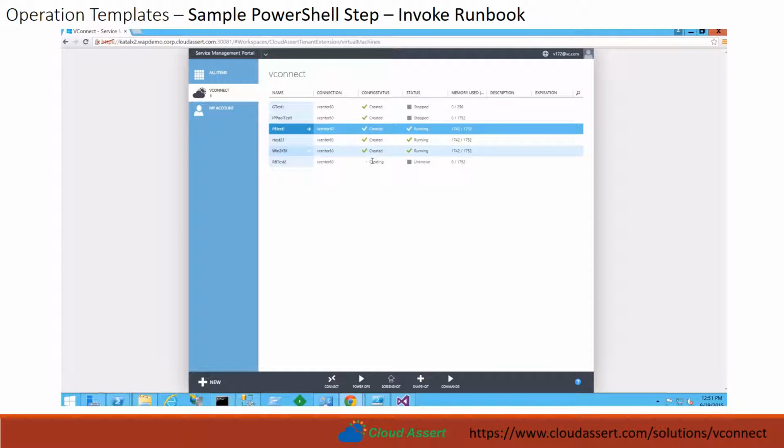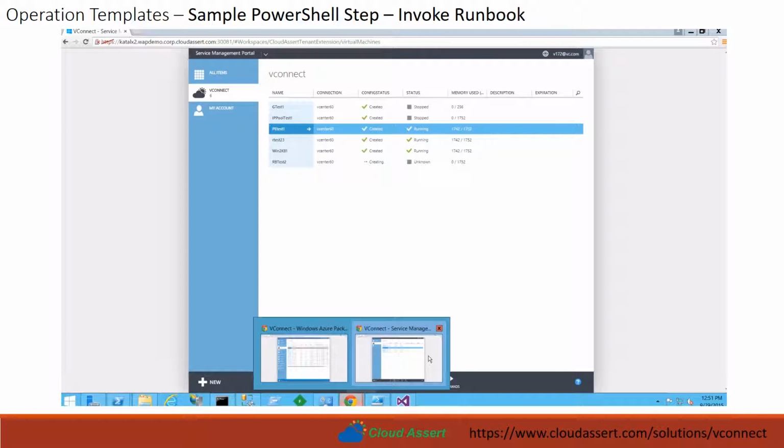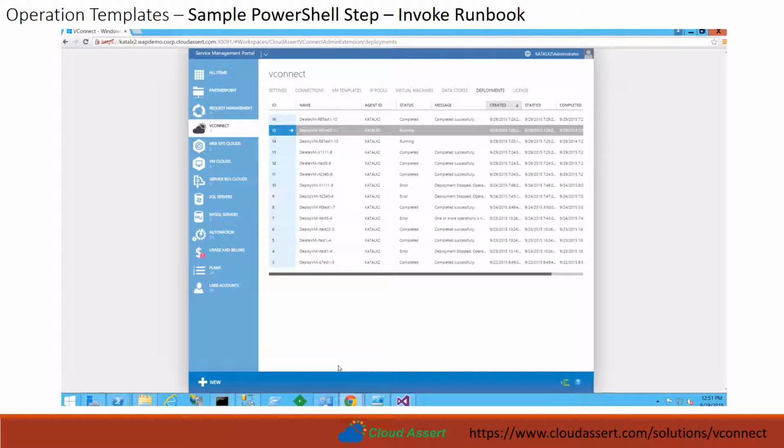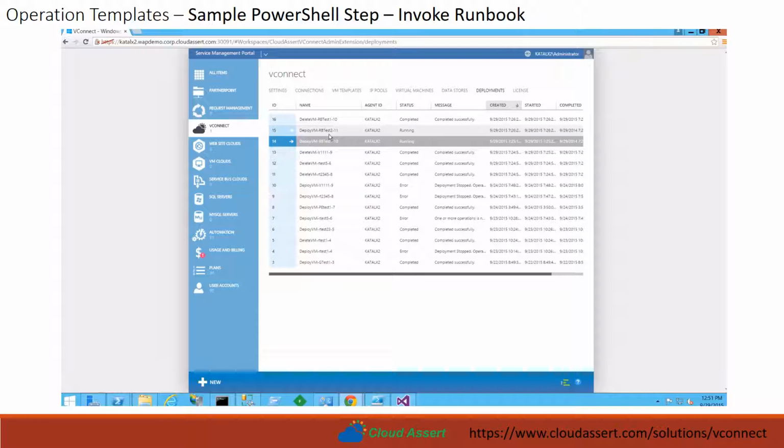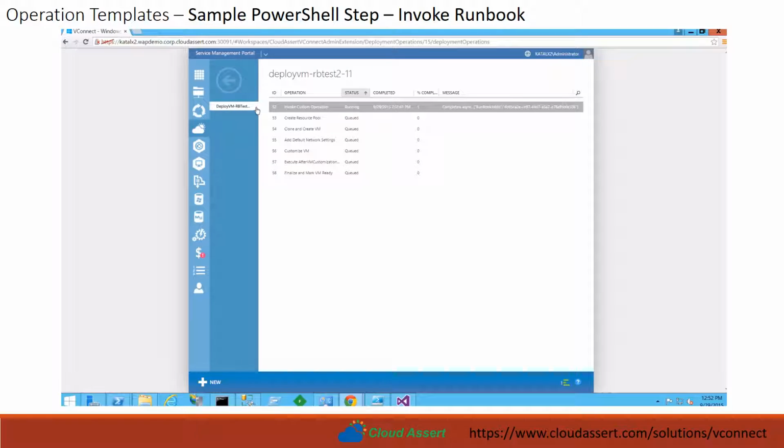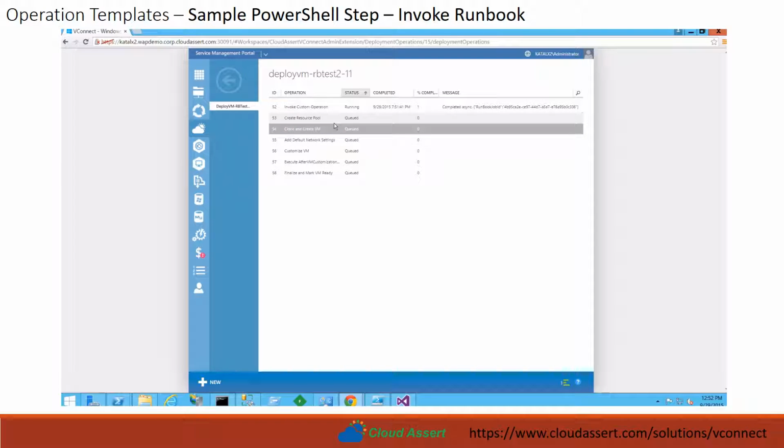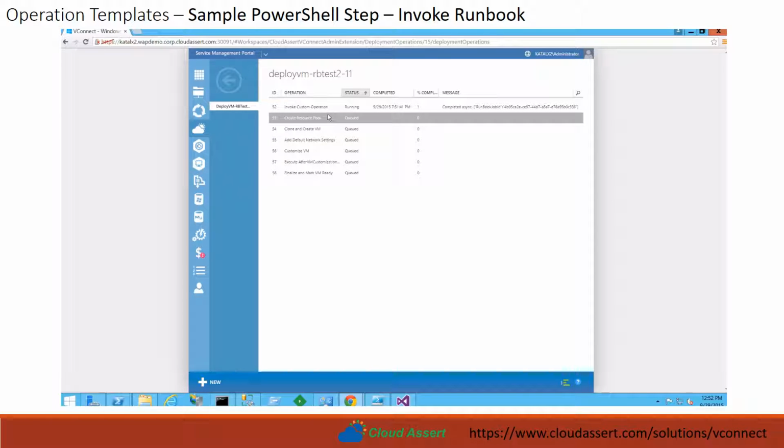The operation template gets invoked, and each step in the operations template gets executed. From the admin portal of VConnect, you can look and watch the progress of those deployments. So from the deployments tab, you can drill down on any given deployment. So in this example, I'm drilling down to the deployment that has been created after we included the custom operation